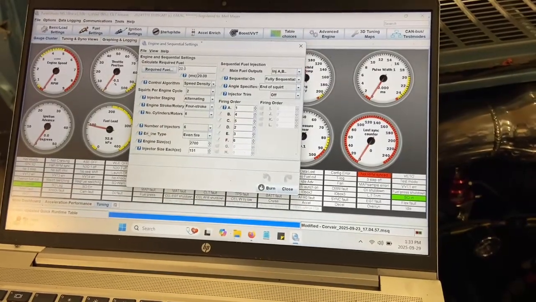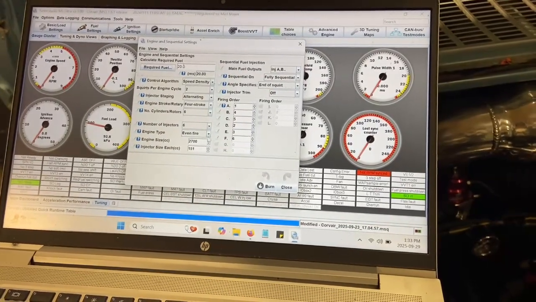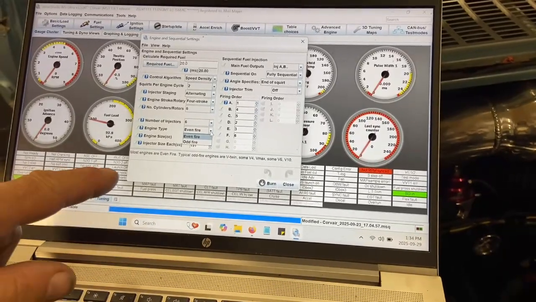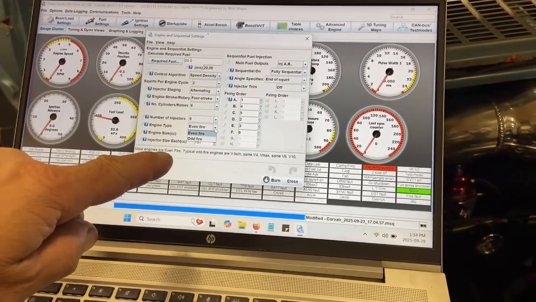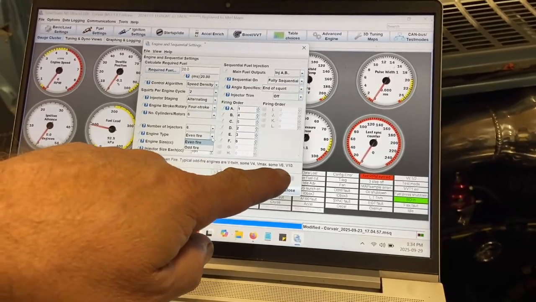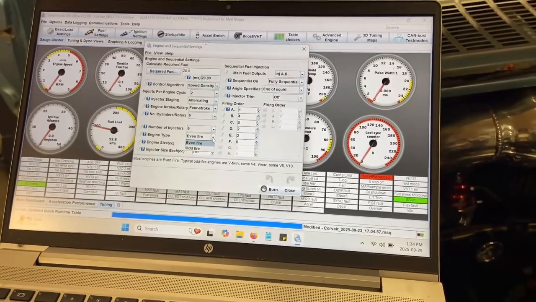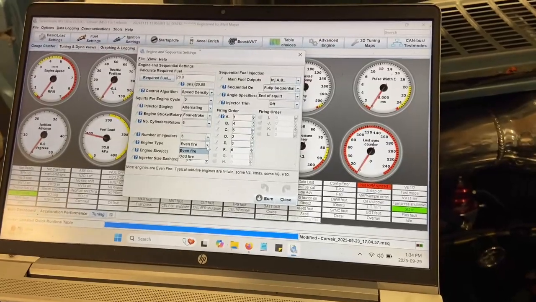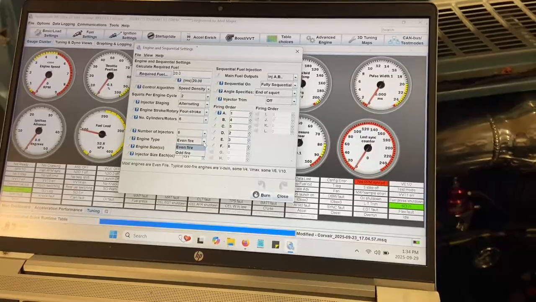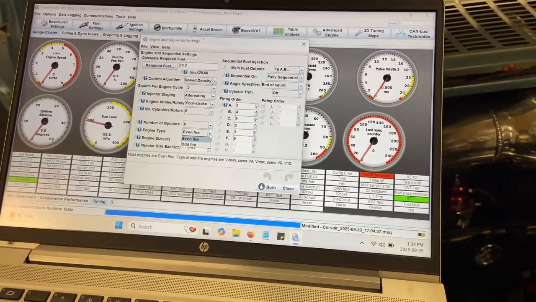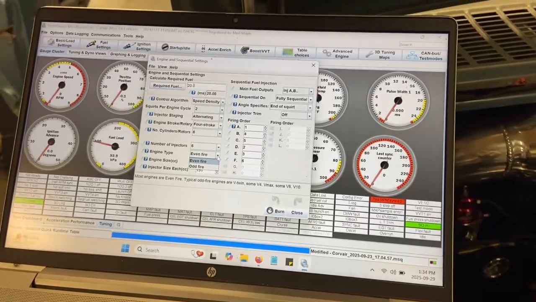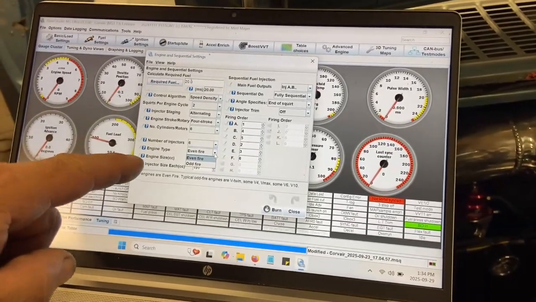They ask you a question, the engine type. Now, sure, we have two options here, even and odd. But if you read, it says most engines are even fire, typical odd fire engines are V-twin, some V4, VMAX, some V6, V10, and so on. So someone doing a DIY thing, which Megasquirt lends itself very well to, they have great support and so on. Anyways, we need to know what that means,